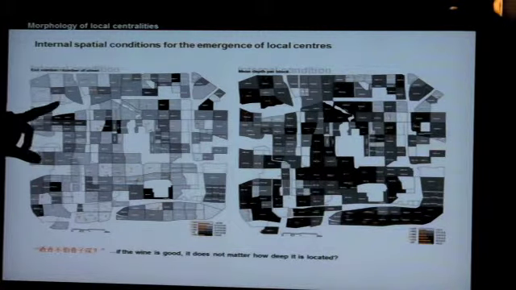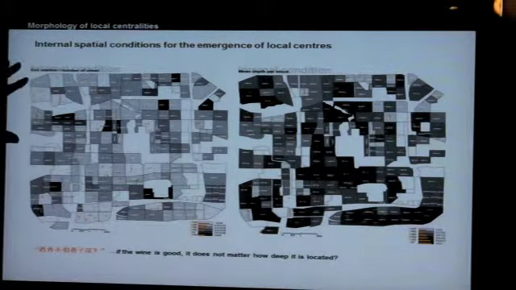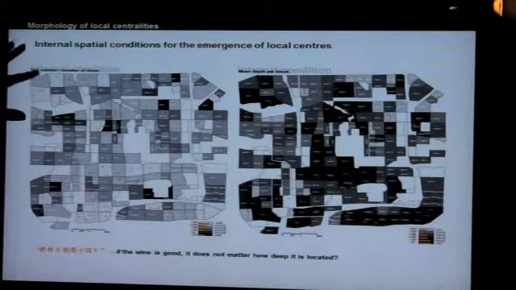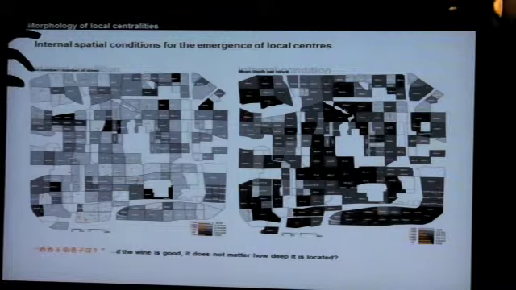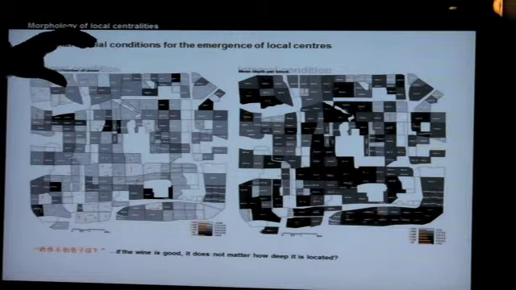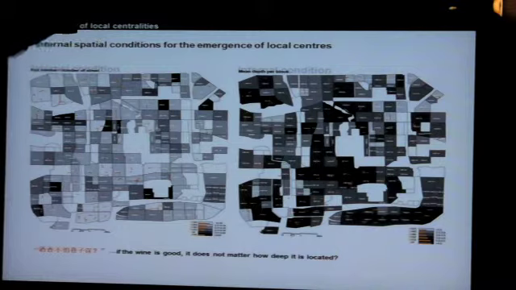local centrality. For this map, I calculate for each block the exit number divided by the number of streets. So this map could show a kind of internalness or introvertedness of each block. When you have less number of exit and a large number of streets, I could say, okay, this block is more like a small world on its own, right? It's more like, for instance, this kind of Li Fang in Chang'an city that we had before.